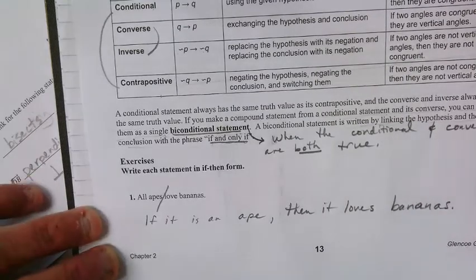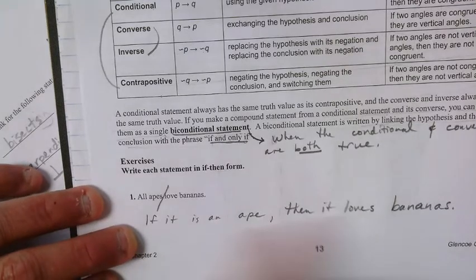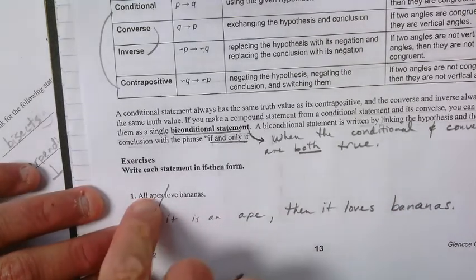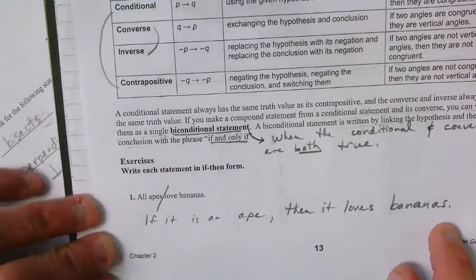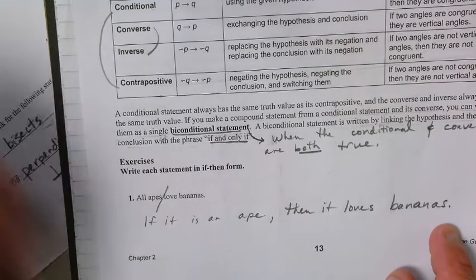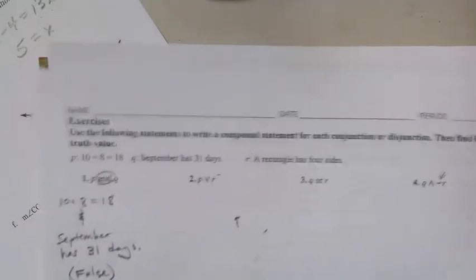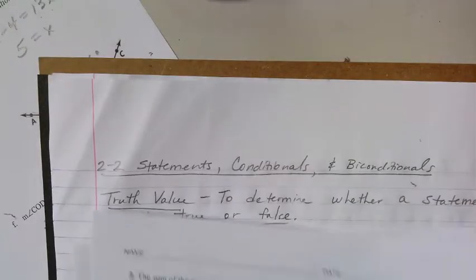Okay? You have to be careful not changing the statement here, but this still agrees with all apes love bananas. If it's an ape, then it loves bananas. Just turn it into an if-then statement, not super hard. And make sure it agrees with the statement there. Okay. Let's move on to,